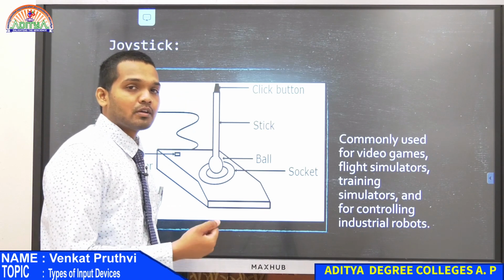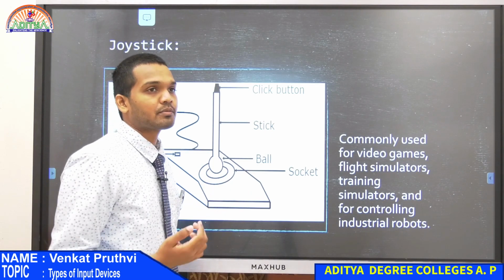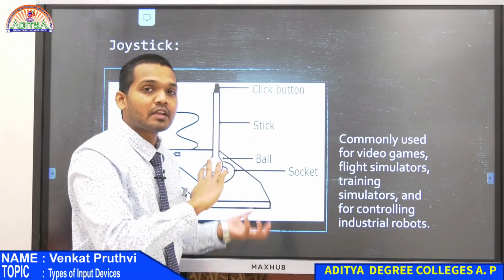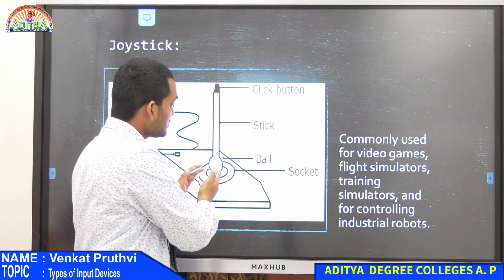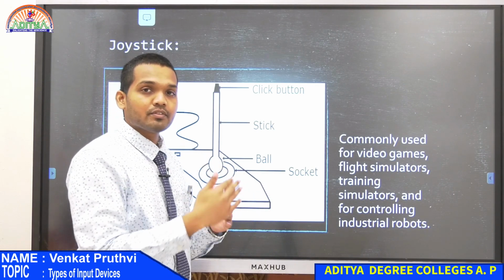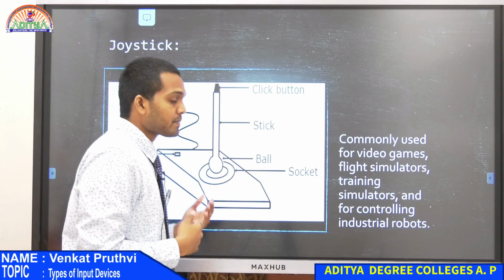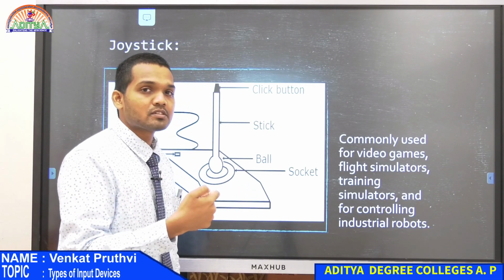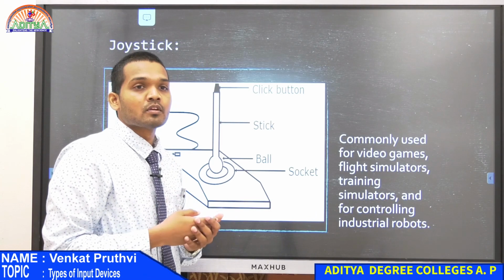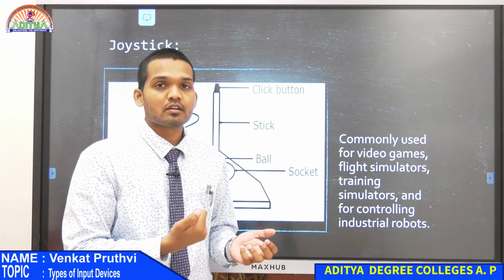Now whenever you are playing some game or anything, joysticks are mostly used for gaming, right? So whenever you are using this joystick for gaming, if you wanted a character to move, you had to move this joystick in whatever direction you wanted that character to move. Based on the direction in which this ball is moving, the character would align himself or herself in that direction, and people used to play games like that. Whenever you wanted to implement an operation on the screen, this click button used to be helpful. Suppose you wanted to fire, or use a gun in the game, then when you click the button, the character used to fire the gun.